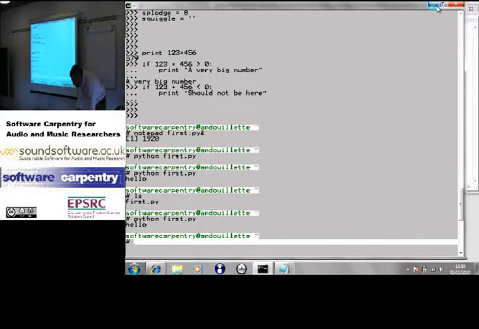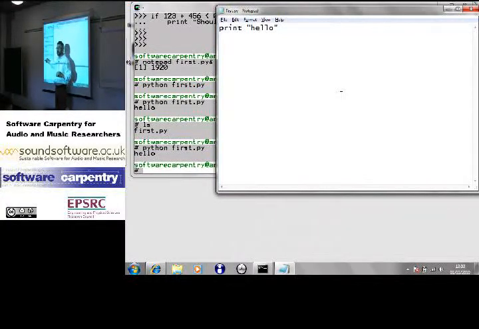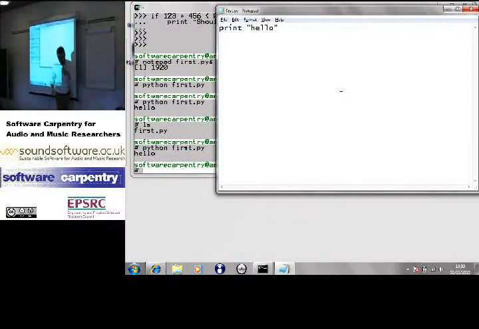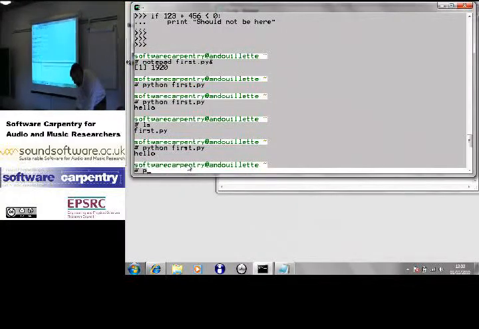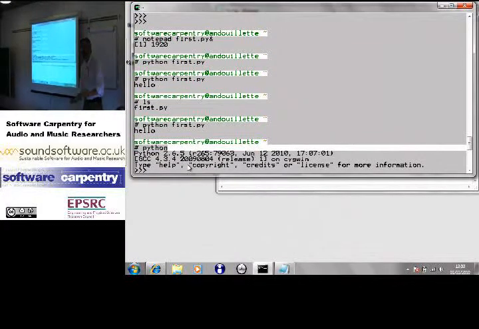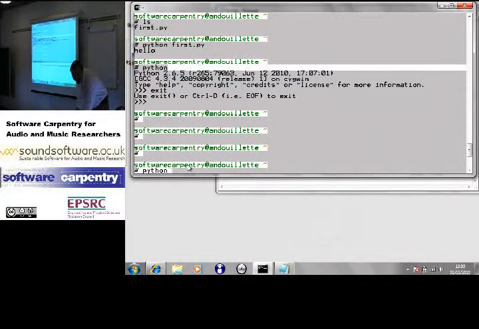Sorry, so you're running this in the shell, not in the Python interpreter? Yes. What I've done is I've created a file, and then I've gone back to the command line. I am no longer in the Python interpreter. What I'm doing is back in my command line, back in my shell, back in the program I'm using to run things. Instead of just typing python, which brings up that interactive prompt we were looking at this morning, I say python and the name of the file. And it will just run that file for me and nothing else.